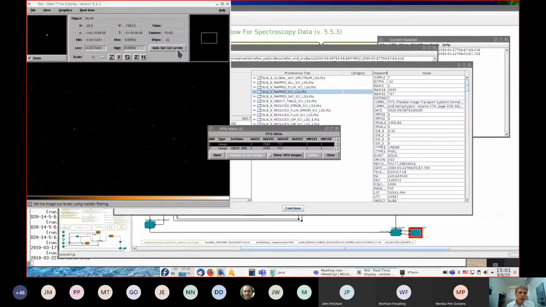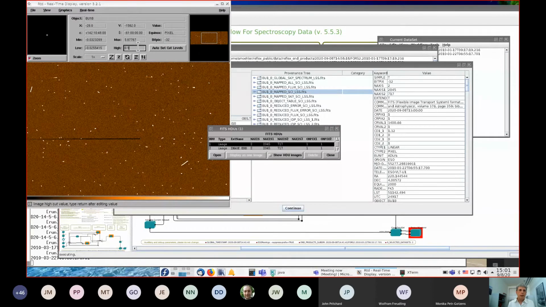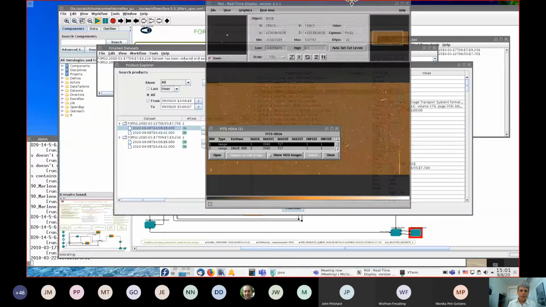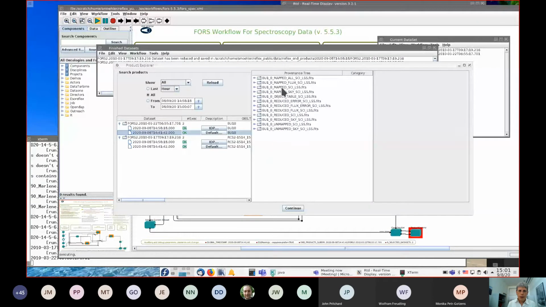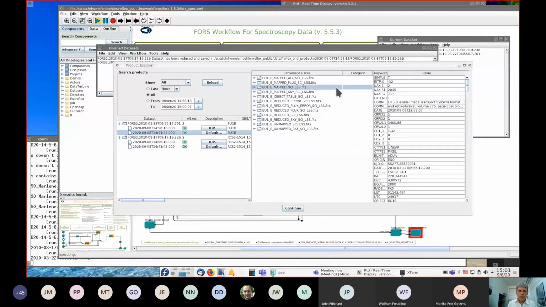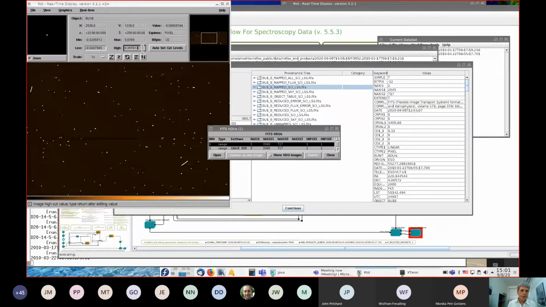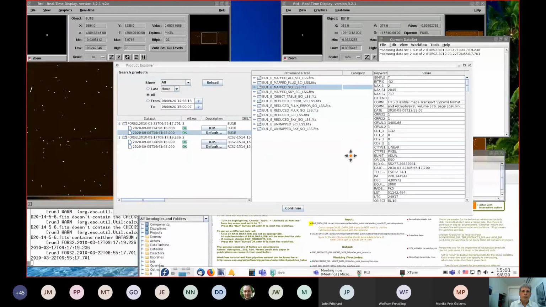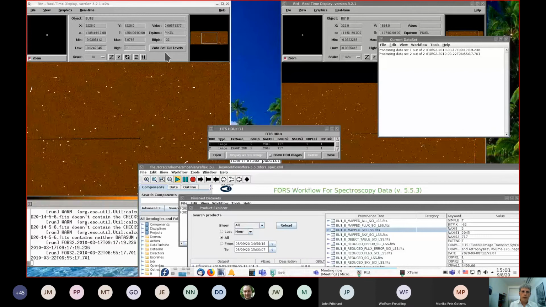to inspect the sky subtracted frame. So this is from the second reduction. This is from the first. And once we move the various reflex windows out of the way, we can even see the result,